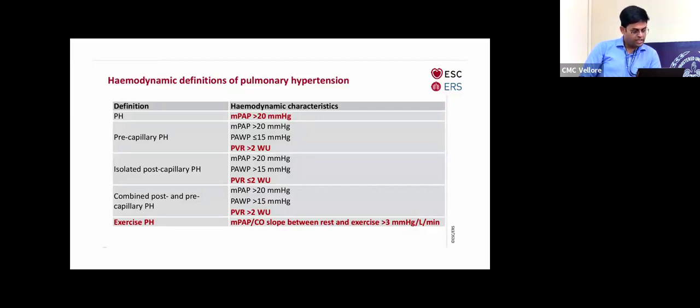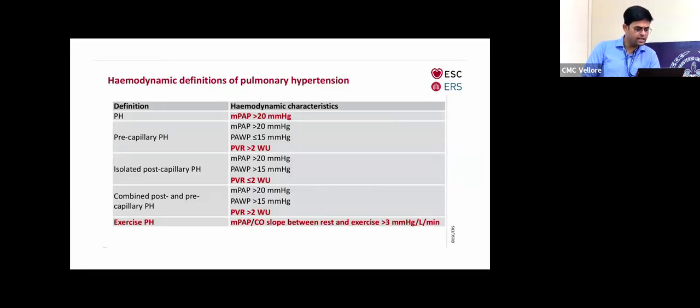So it can be divided into pre-capillary. Pre-capillary means essentially in the pulmonary artery, the mean pulmonary artery pressure will be more than 20, and the vascular changes would have always happened. It is more than 2 Wood units. But the pulmonary artery wedge pressure, which is essentially a venous pressure or the left-sided heart pressure, remains low, less than 15 millimeters, in an isolated pre-capillary pulmonary hypertension,